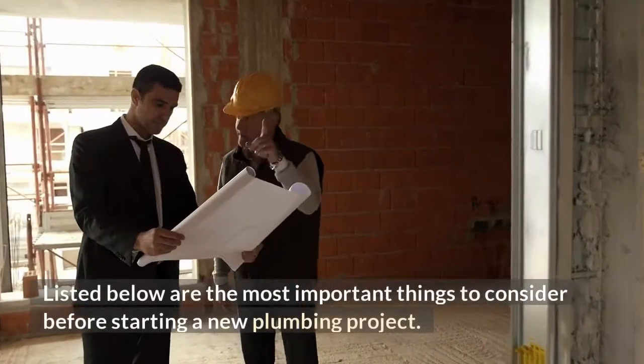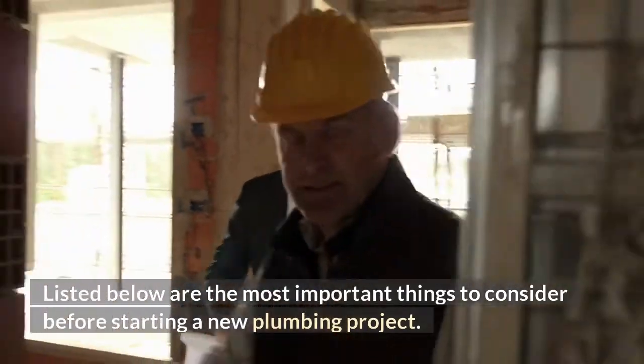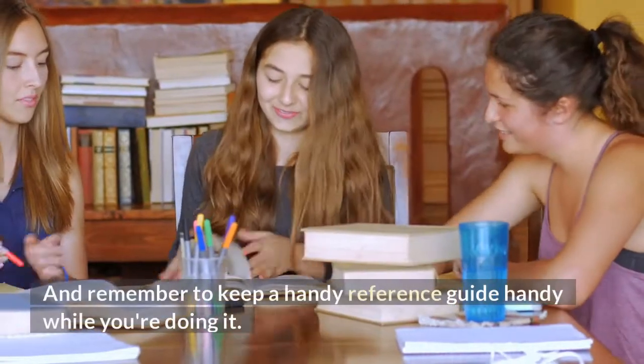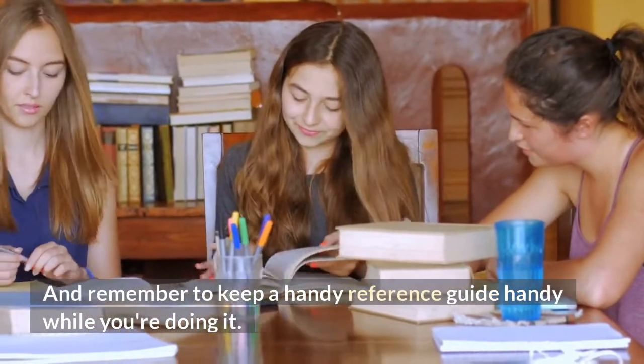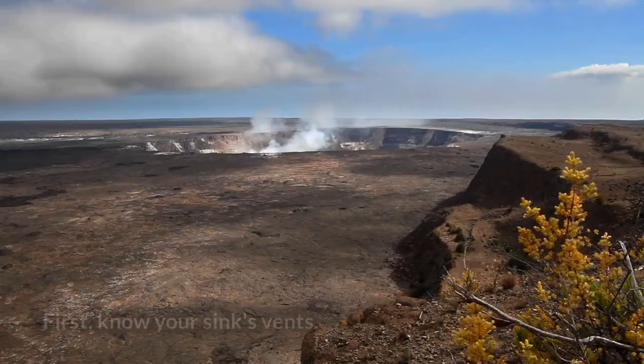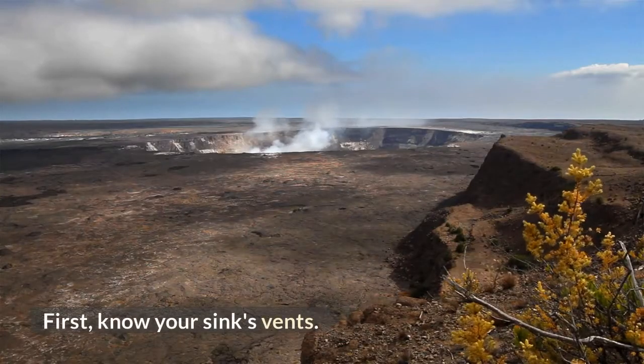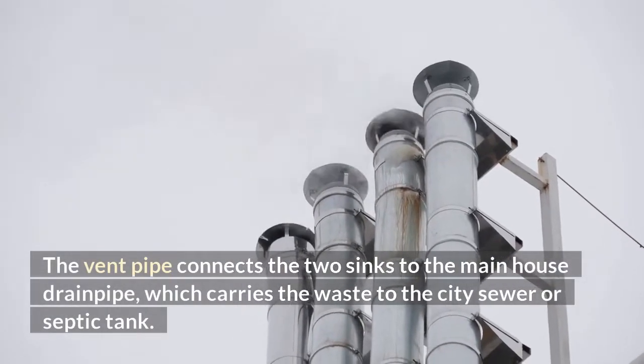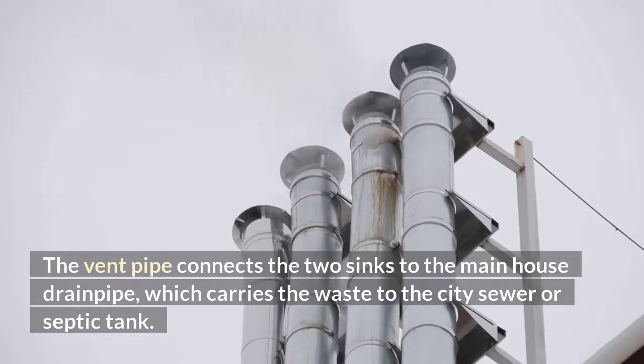Listed below are the most important things to consider before starting a new plumbing project. And remember to keep a handy reference guide handy while you're doing it. First, know your sink's vents. The vent pipe connects the two sinks to the main house drain pipe, which carries the waste to the city